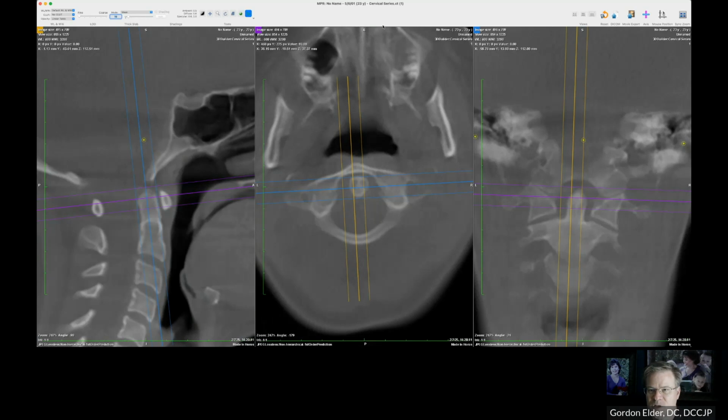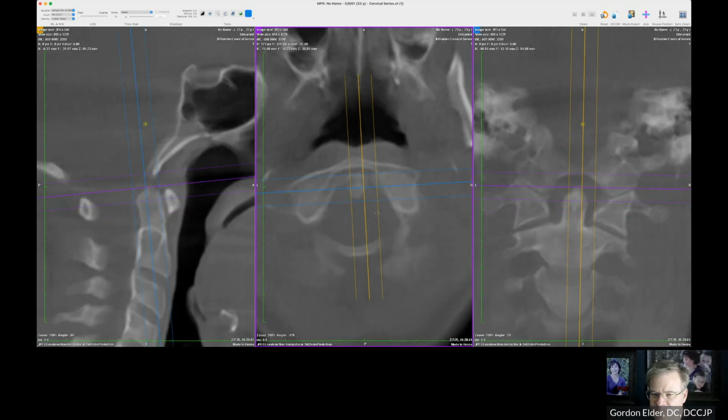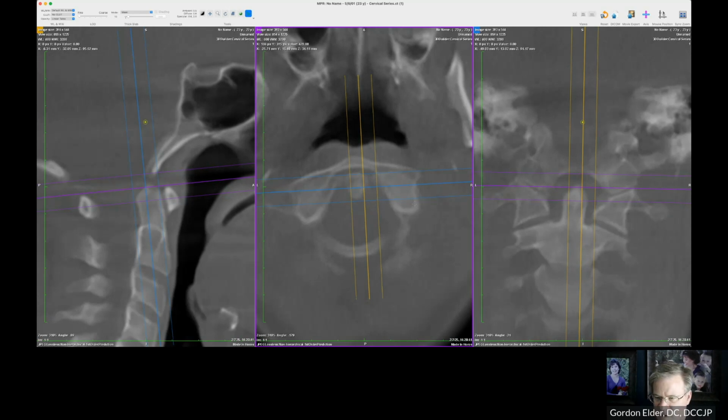So this is what we are doing here. This is one of the ways. I'm going to come back here, find the peak of this. What I want to do is make sure that the thickness covers the full joint. So I'm going to bring this up a little bit, about right there. We can see the lateral masses, the top half of the lateral masses here. If I come back here and find the center of this arch,